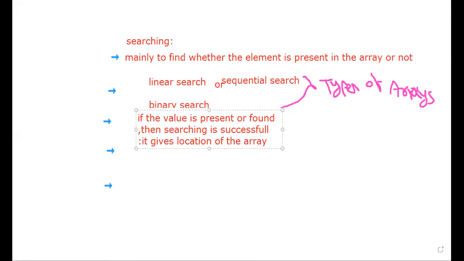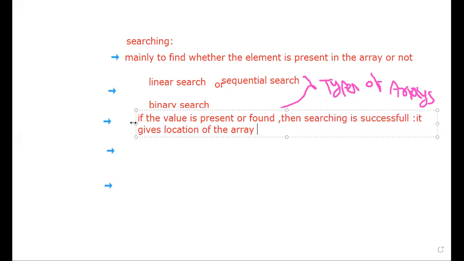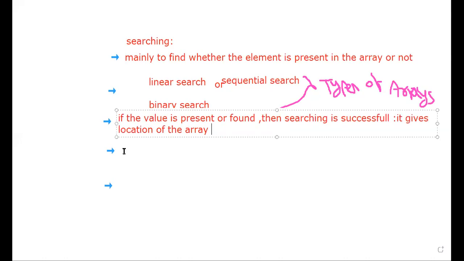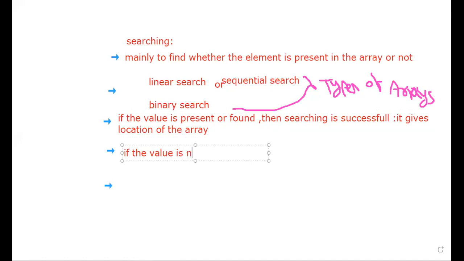Don't bother about it. If the value is not present, or not found, then the search is unsuccessful.